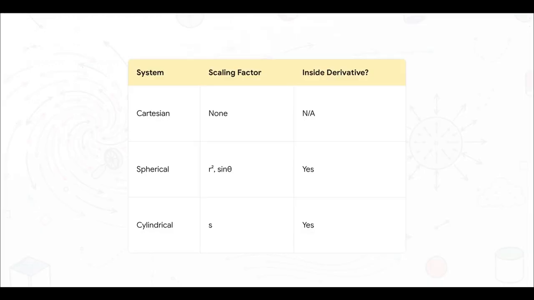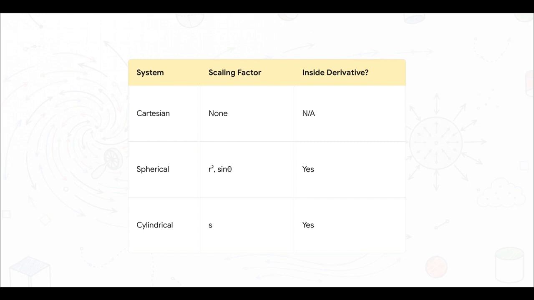When it comes to calculating that spread, the math presents another major hurdle where students constantly drop points. Take a look at the spherical polar and cylindrical formulas. Cartesian is easy. Partial of ax with respect to x plus partial of ay with respect to y plus partial of az with respect to z. But jump into the spherical formula.